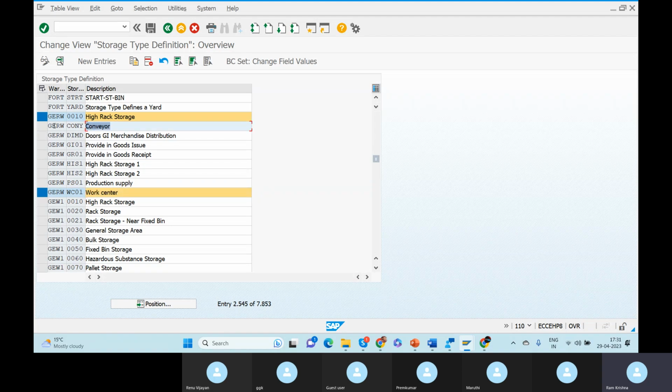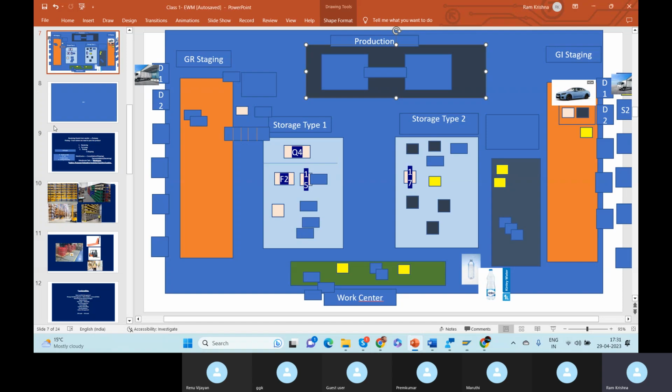Now how do you differentiate now? So this is for only for staging purpose. These are only for the production staging. These for the final put away. These are only for the work center. These only for the doors. How do you define? Everything will be defined by